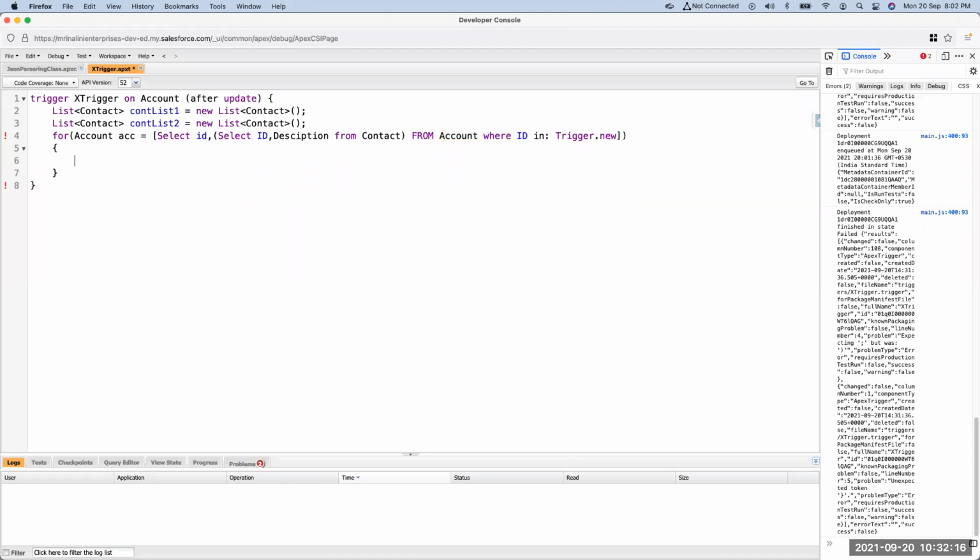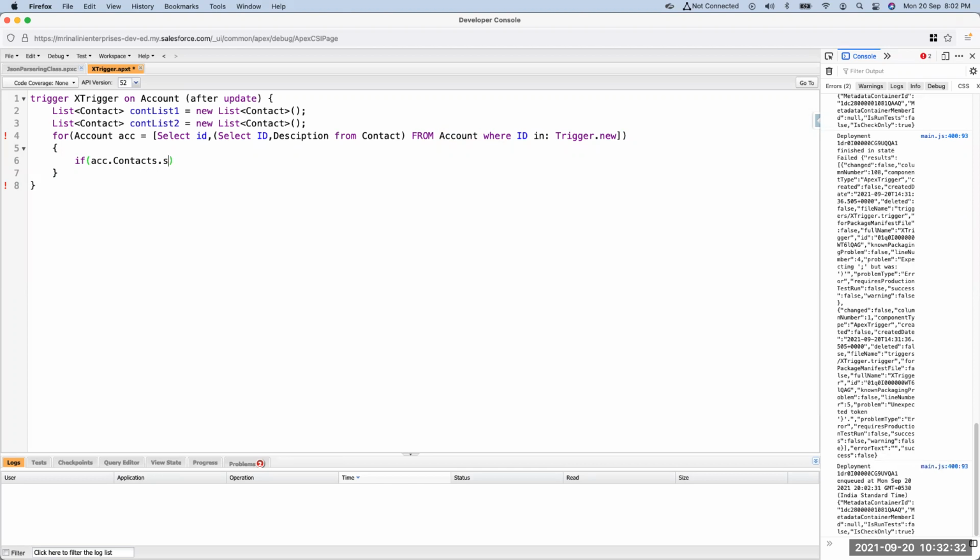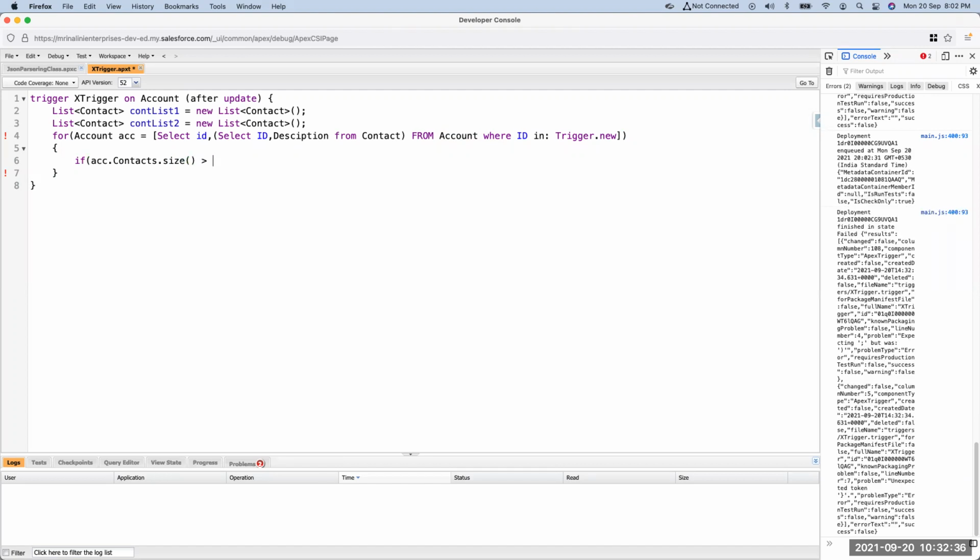So now we say if account list contacts dot size is more than 0, that indicates that the account is at least having some contacts.